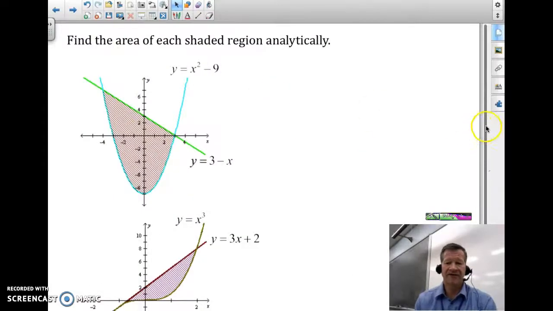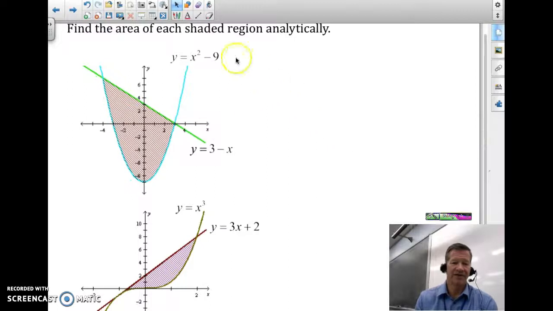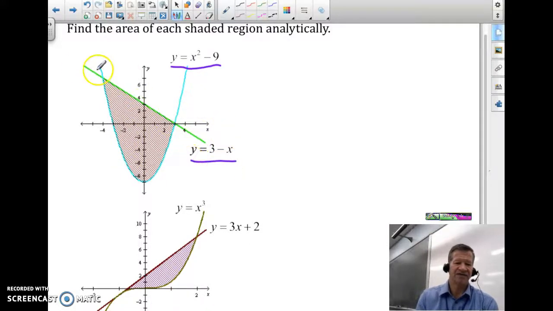Let's start out here. Find the area of this shaded region analytically. I've got a couple graphs that should be simple to sketch again. y equals x squared minus 9, which would be this parabola, and y equals 3 minus x, which is this green line with a slope of negative 1 here. Now, the first thing we want to do in order to find this area is we need to know the limits of integration. I can see that this green graph, the line, has a higher value than the blue parabola